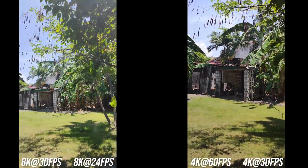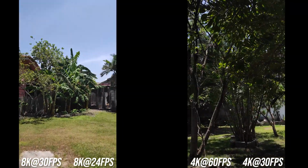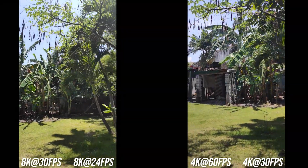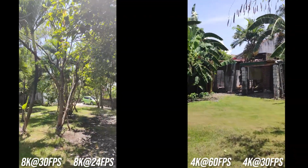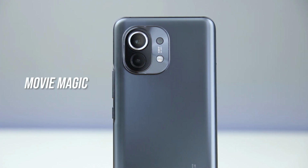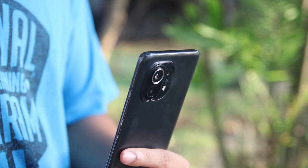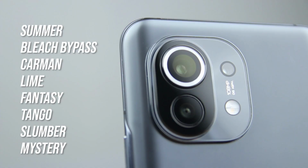As for video recording, we can shoot up to 8K at 30 FPS and 24 FPS, and also 4K at both 60 and 30 FPS. Xiaomi Mi 11 is advertised as a movie magic smartphone. We get tons of filters for adding emotion and effects to our videos. It has 8 cinematic filters